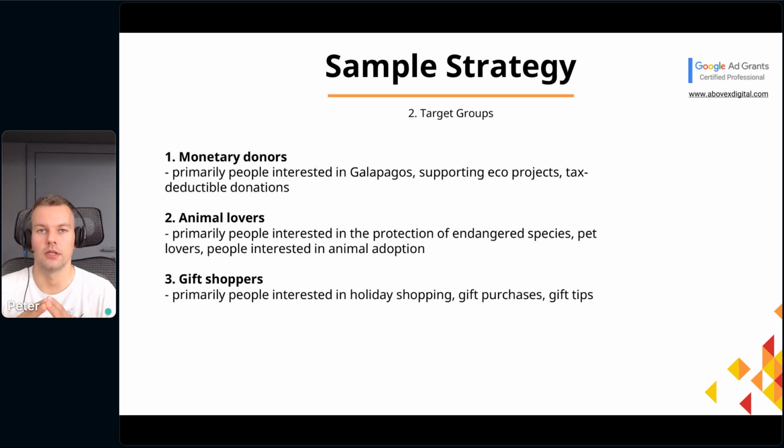All right, and the third group was a group of gift shoppers, right? So people who do holiday shopping, and we had a different message here, and the message was basically, do not spend your money on buying gifts that people won't use. Buy something meaningful, right? Buy like a voucher you can give to somebody, things like that, right? So that was a third distinct group with a different landing page with different creative. And obviously the target groups will be different, right? I'm just giving you an example here, but you should think about it like this. You should define your goals and then think about the audiences that could help you achieve those goals.